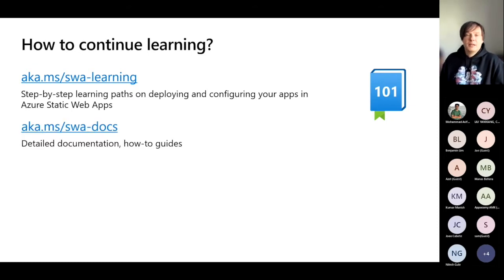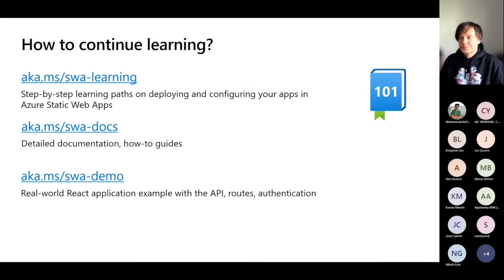Then definitely we have full documentation on everything, and if learning is more like guides from zero to hero, then docs is a classical explanation of every service, every method, more structured. And of course, the demo itself. This is actually a short link for the GitHub repo with BPM counter. Please feel free to explore this.